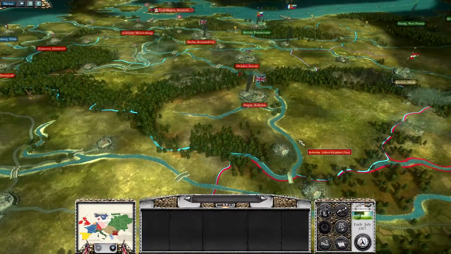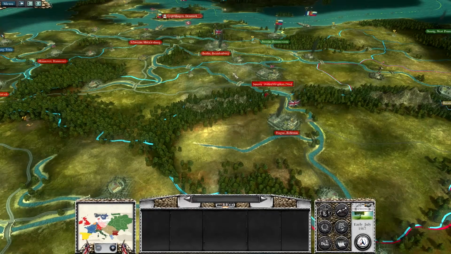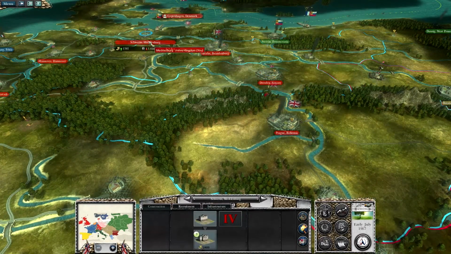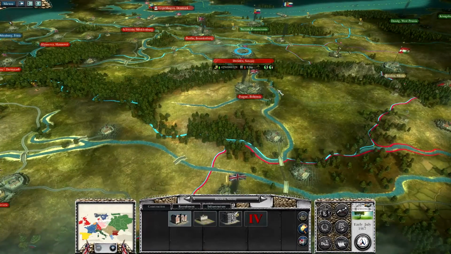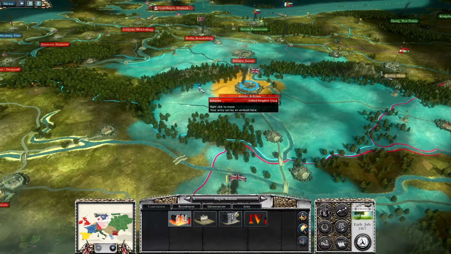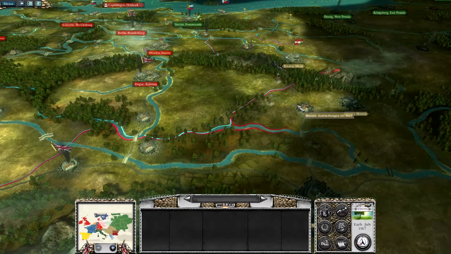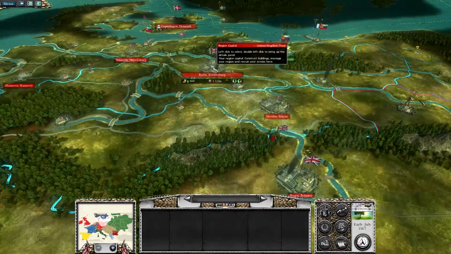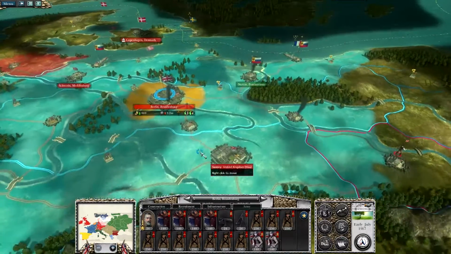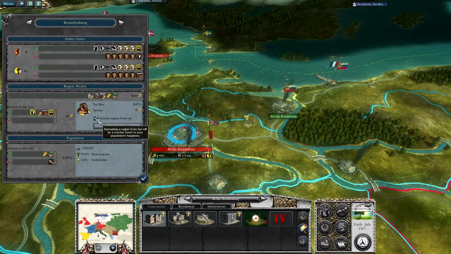Okay, so now we've taken 1, 2, 3, 4 settlements, and now the towns are generating this money. This is ridiculous. So we've taken 4 territories so far. In one more settlement, we're going to be able to recruit some more armies. I might have to reiterate at the start of every part,